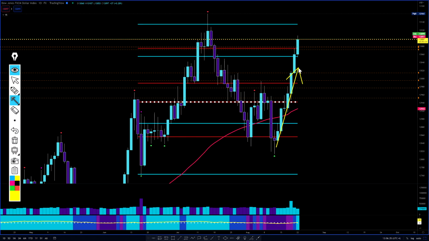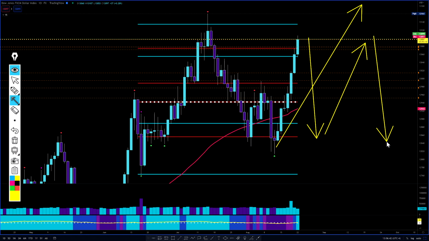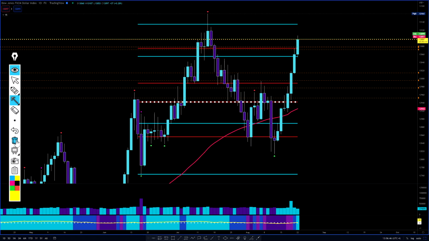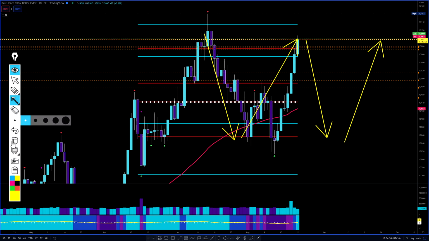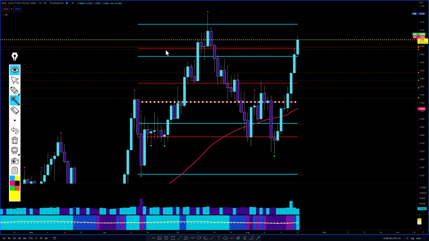So I think we're not going to have this runaway bullish action. We're going to have maybe this sideways movement. You know what I'm saying? Still bullish because everybody will be jumping into it, but we're going to get that kind of sideways movement, that rangy kind of movement. You know what I'm saying? So with that being said, if we do get that resistance up here, that's definitely going to support